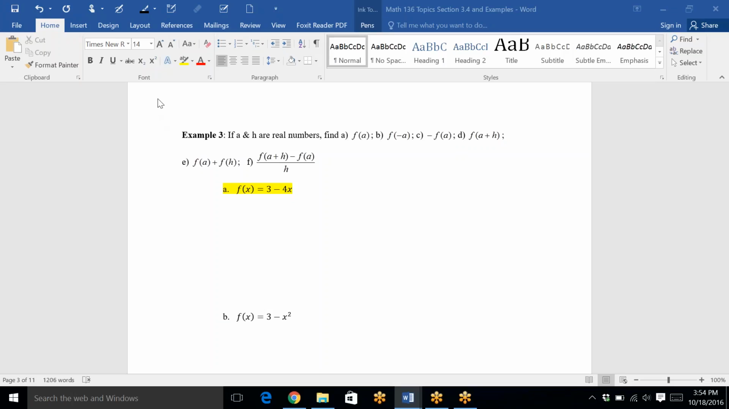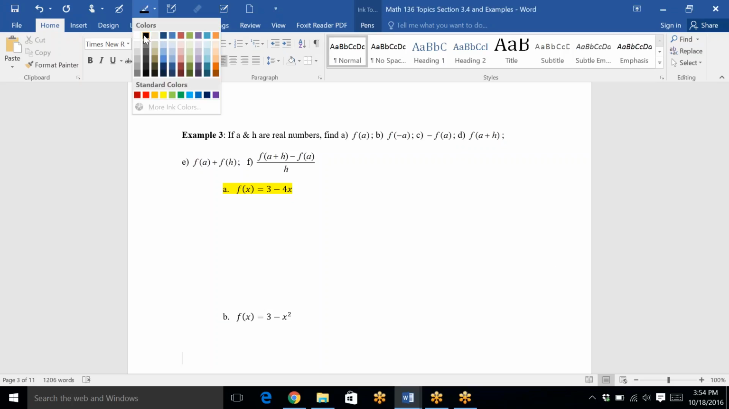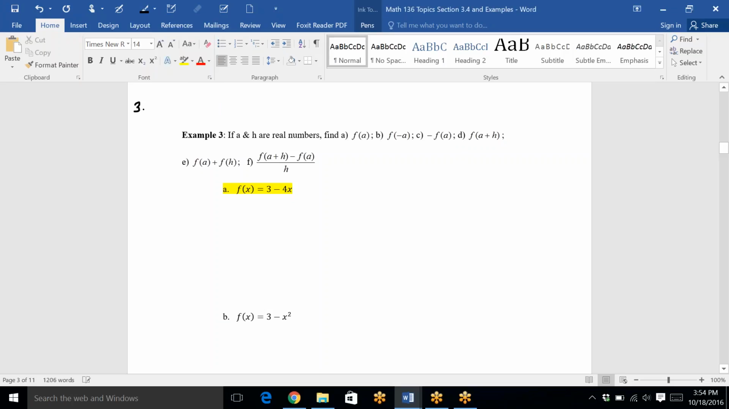Okay, this is the 3.4 extra examples from what we did in class. So these are the ones that are similar to what we did in class, but we skipped over them because we wanted to hit the highlights. So the directions here are we're going to do f of a, f of negative a,